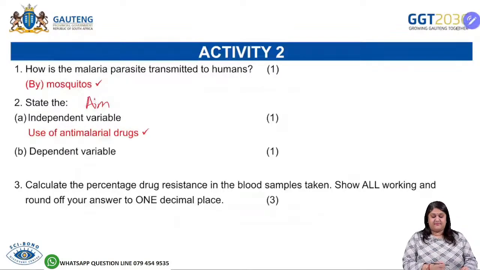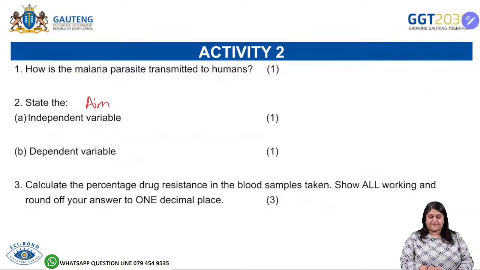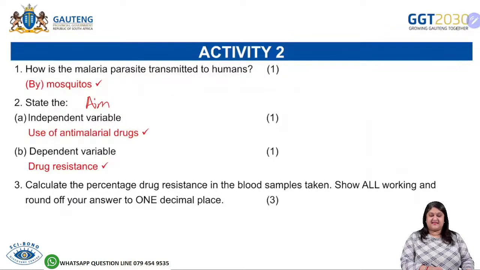Let's go back to the aim. They wanted to determine if the use of anti-malarial drugs caused drug resistance. So we have an anti-malarial drug, that's the one variable, and then we have drug resistance, that's the other variable. So which is the one that is going to be changing? The use of the anti-malarial drugs is the independent variable, because now